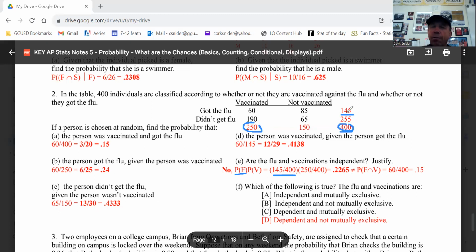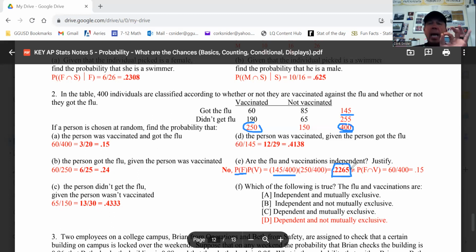So if you take those fractions and multiply them together, you get 0.2265. So this number, I'll box it, represents the probability of getting the flu while being vaccinated,